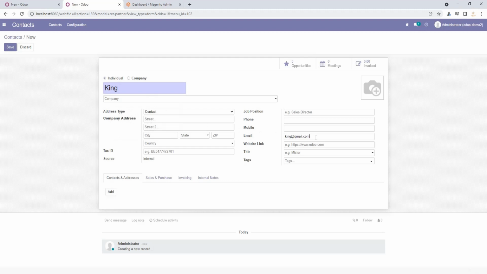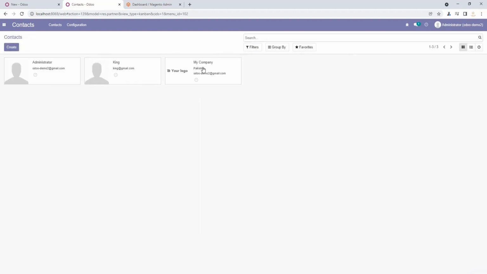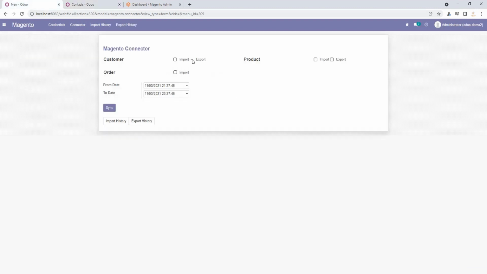I just put in some random values. The contact is created successfully. So I'm going to export this contact.